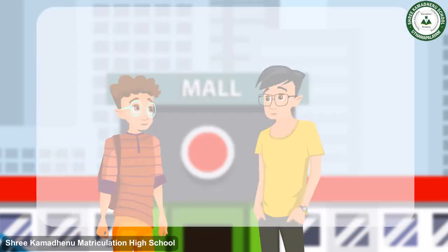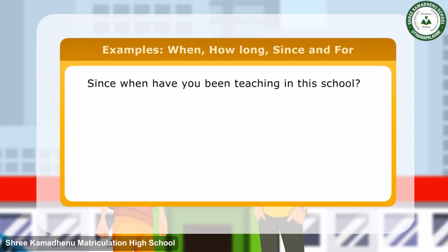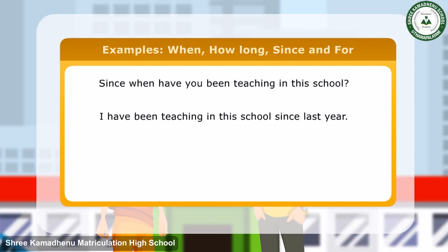Here are few more examples of sentences with when, how long, since and for. Since when have you been teaching in this school? I have been teaching in this school since last year. How long have they studied mathematics? They have studied